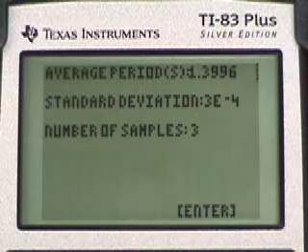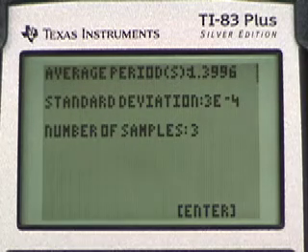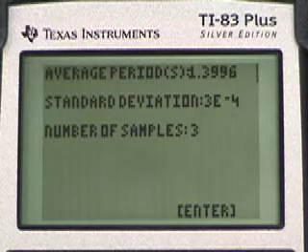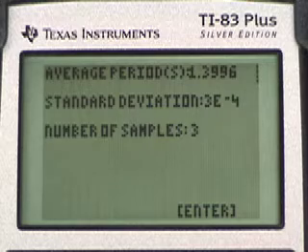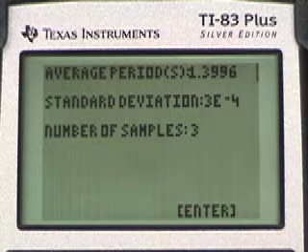So for trial 2, with the glider plus 50 grams, you can see the period at the top of the screen there, 1.3996 seconds. And we'll just continue adding 50 grams to the glider each time